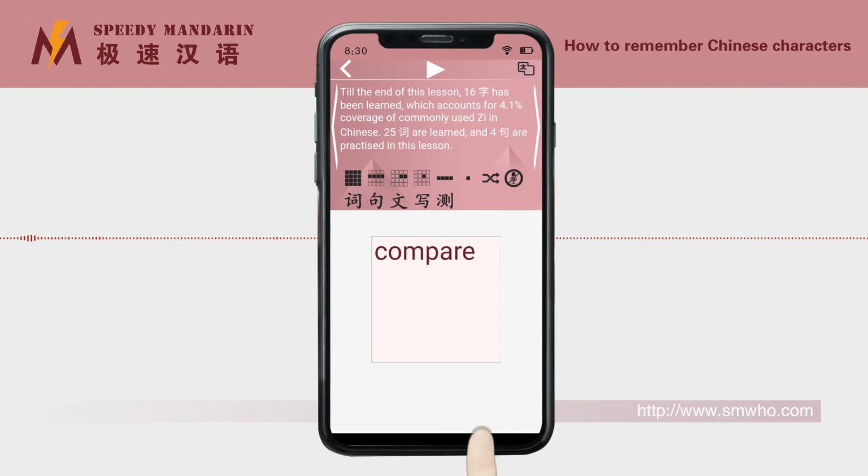Click the translation button again. At this time, only the translation will be displayed, not the Chinese characters. Then click the fifth button repeatedly. Recall the Chinese characters corresponding to each meaning and read aloud. After memorizing all of them, click this button to do a self-test.